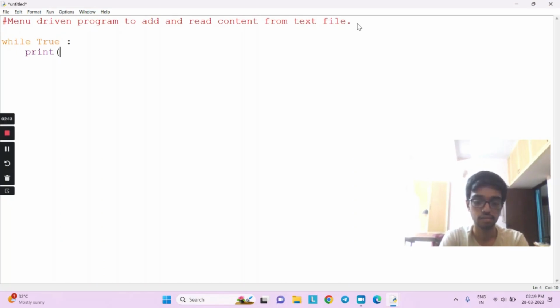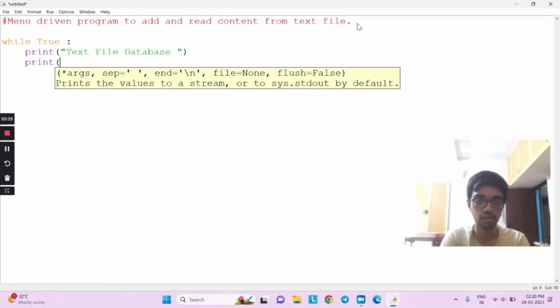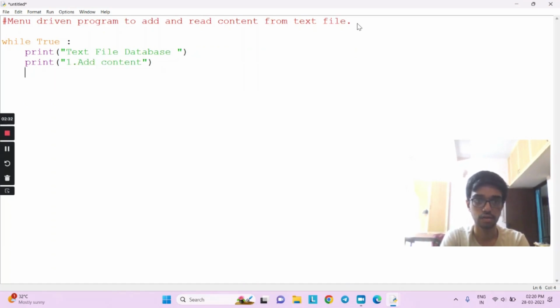Print text file database. Some funky name might work. Print 1 add content. Print 2 read content.